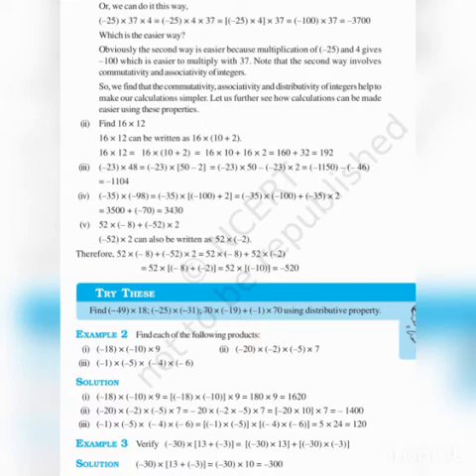See, here is the example problem given showing how they have done the product using integers. As usual, when there are two integers, you can multiply them directly, and after multiplying the numbers, you should multiply the symbols and write. Keep that in your mind. Next, if 3 integers are given, what will you do? You can use the associative property. You will multiply 2 integers first and find the answer. With that answer, you will multiply the third integer. That is our example problem. Then a verify problem is there. That you can do by yourself. You can work it out. Okay, children.